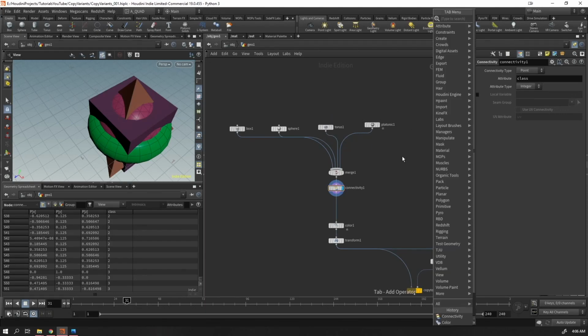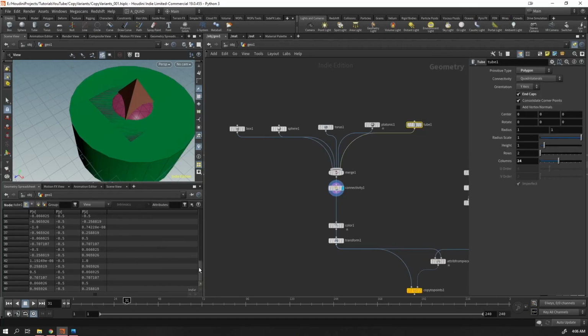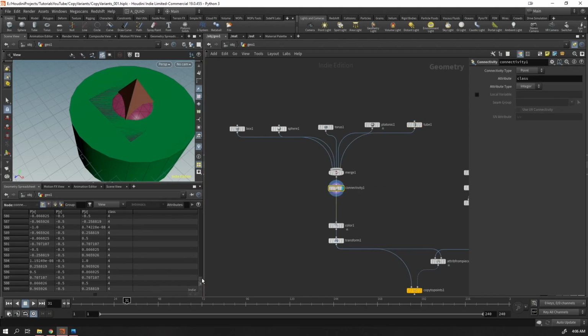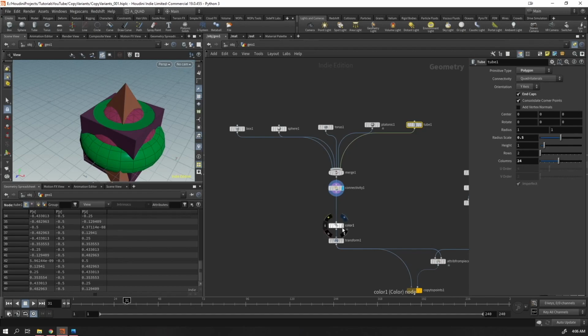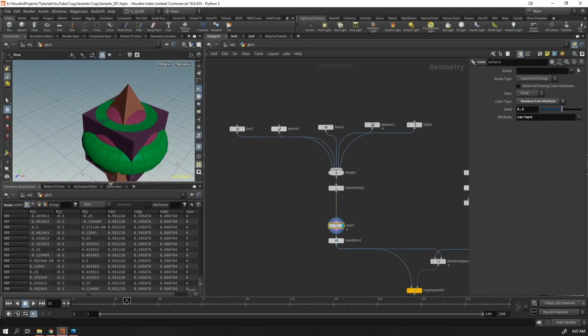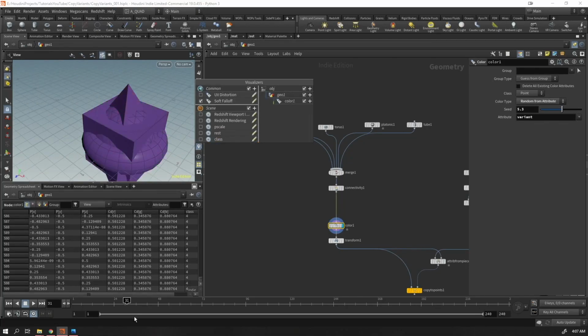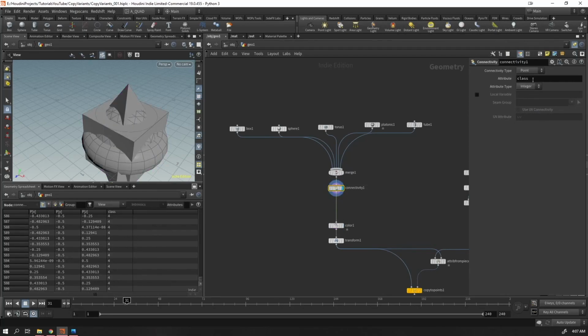If I add a loop, you can see it goes from 0 to 4. 0, 1, 2, 3, 4. And let's just bring the scale to 2.5, so it's going to be smaller. And you can also just add random color to it. Oh, we're realizing the class. The reason why this is not working is because we're actually creating a class attribute. I can easily change this to variant. I'm not sure if it's going to work. It is, but